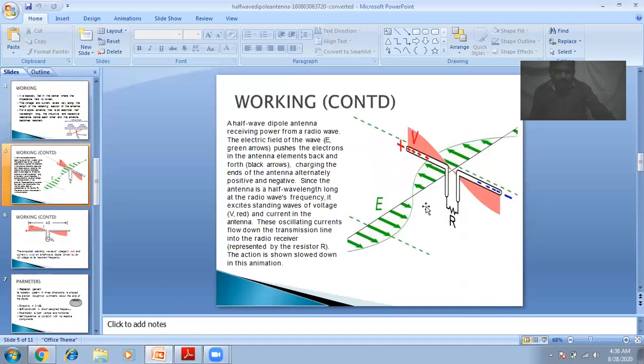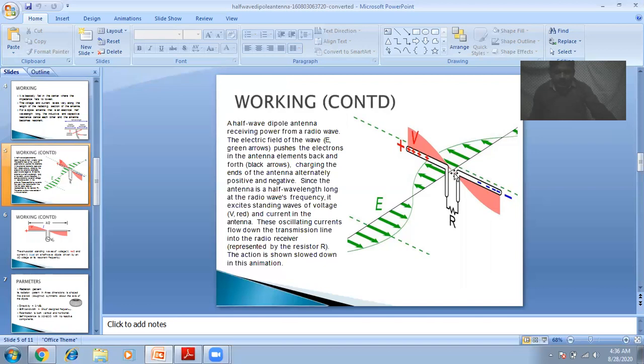So therefore, in a half wave dipole antenna, these are the distributions of the current and voltage. Since the impedance is minimum at the center, we are applying the input power to the antenna with the help of a cable at the center. That is the only reason why this is called a center fed antenna.